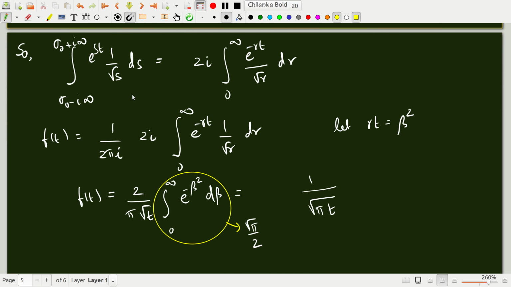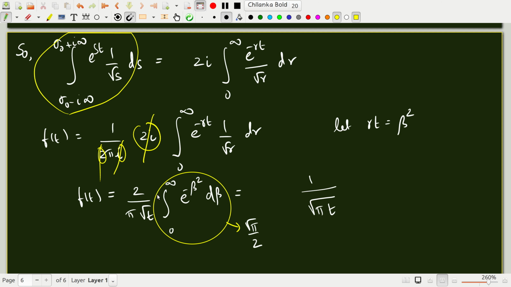Okay, but we are interested in the Laplace inverse transform, which is given by 1 over 2 pi I times this, so that 1 over 2 pi I should be multiplied by this 2i integral 0 to infinity e to the minus rt 1 over root r dr. To solve this, you should let rt is equal to beta squared and then do this integral. First of all, you note that this 2i will cancel, get cancelled out. Okay, and then so you will have, right, and once you do this integral, you will get